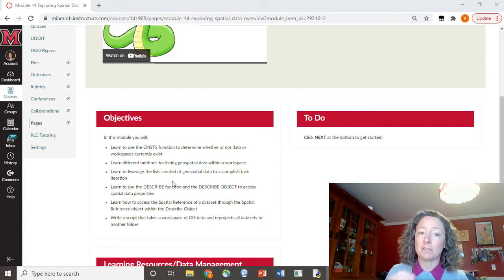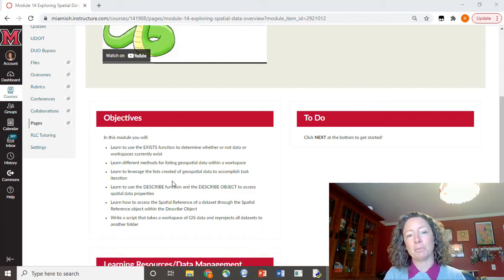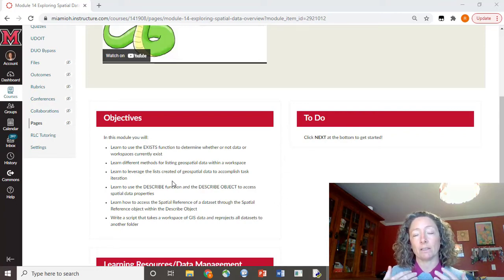You're going to be introduced to the describe function, which is going to introduce you to both the describe object and the spatial reference object. So we're going to get into looking at the coordinate systems of our data and how do we change those with the project tool. And at the very end of this, you're going to take and write a larger script